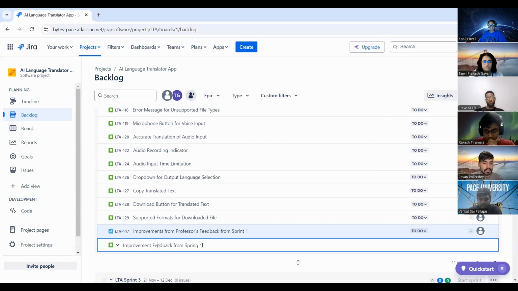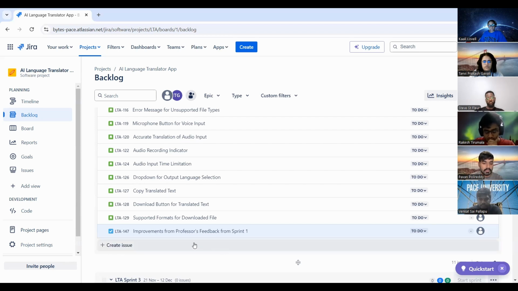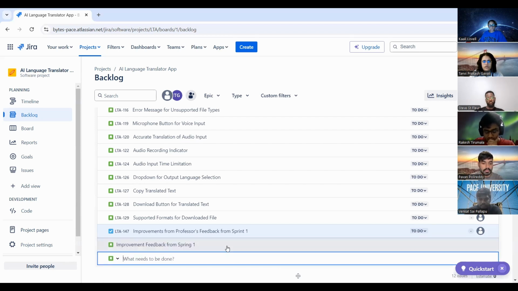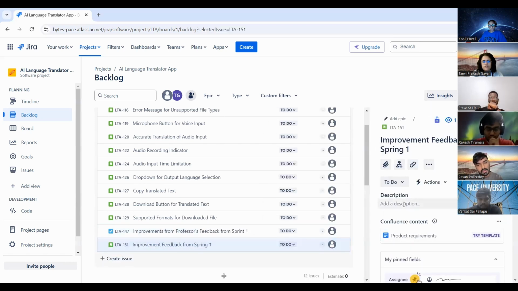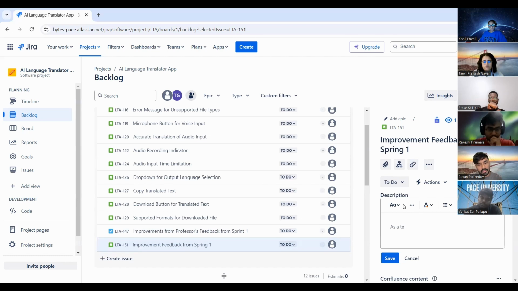Okay, how about I make this and then I create it as a team. It's sprint one. Just need to add team.